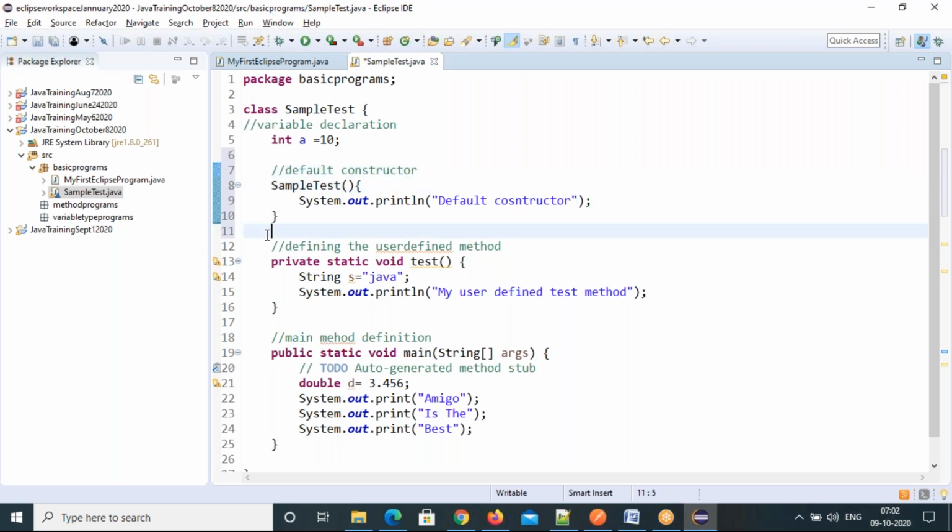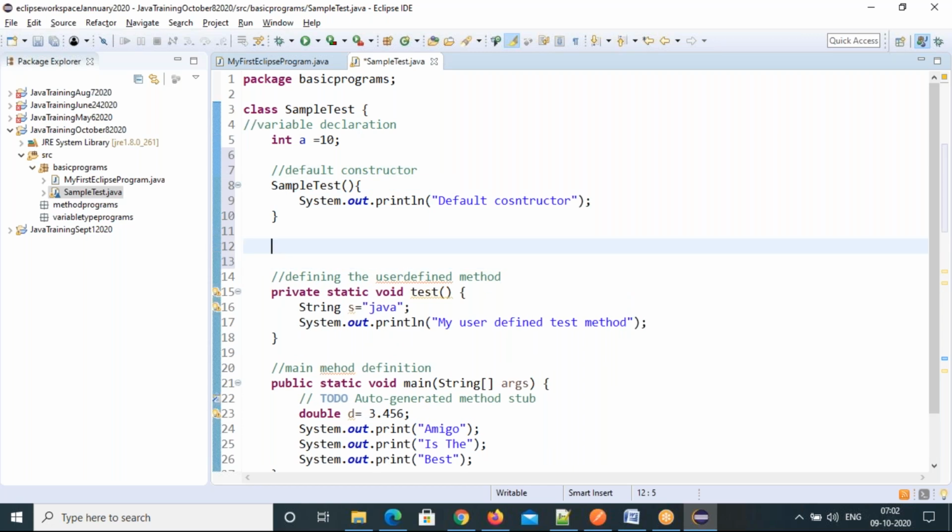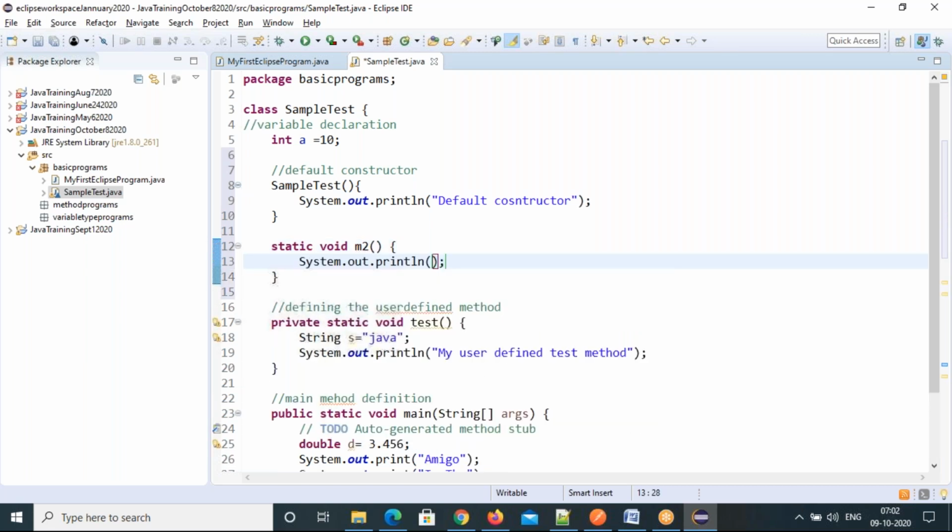And I'll create a default method. Default. Why am I saying default?